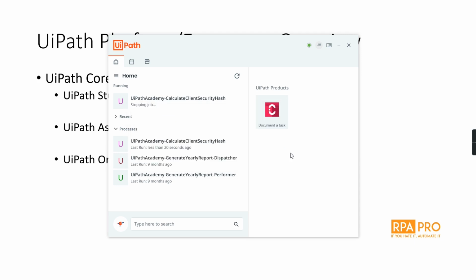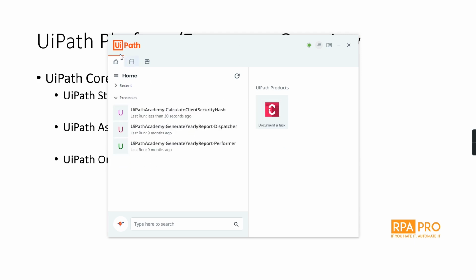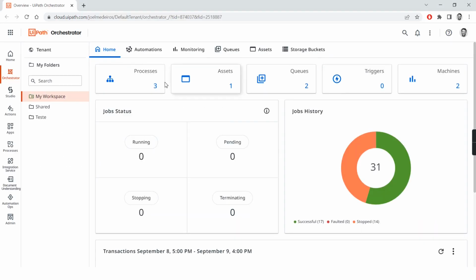I don't want any message popping up. Okay. There are some configurations that I can do here, for example, setting up a reminder to run an automation, the Orchestrator configurations, and so on, but it's not important for now. The third one that I mentioned earlier was the UiPath Orchestrator.